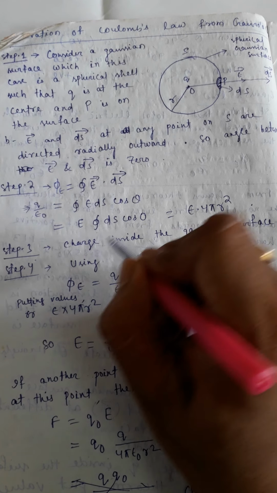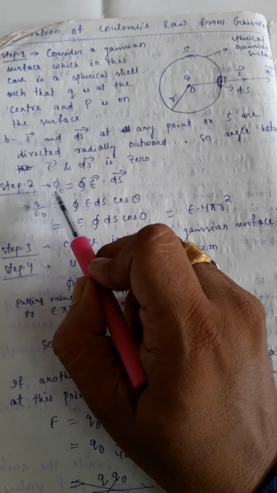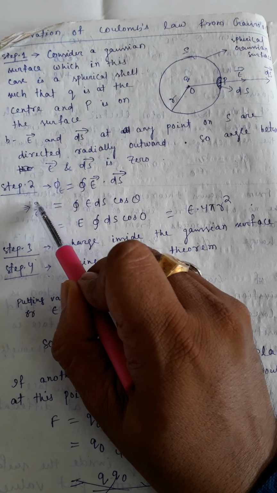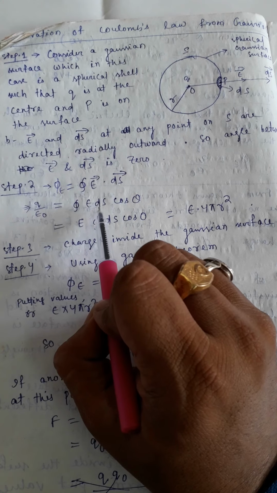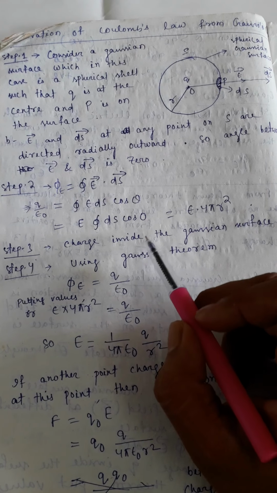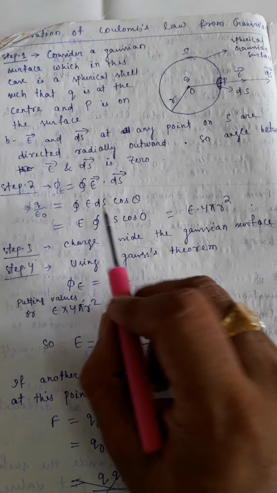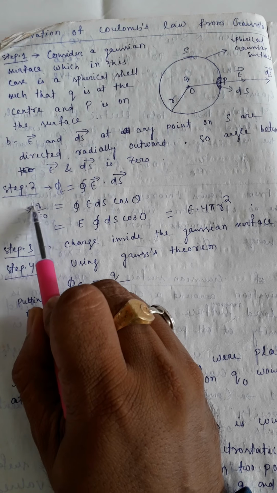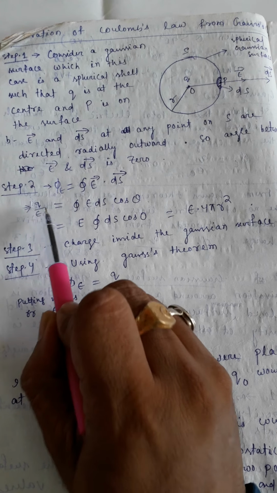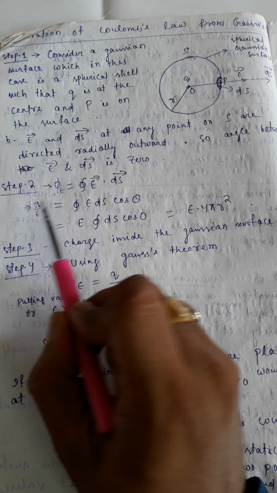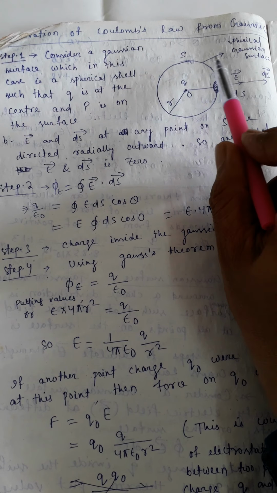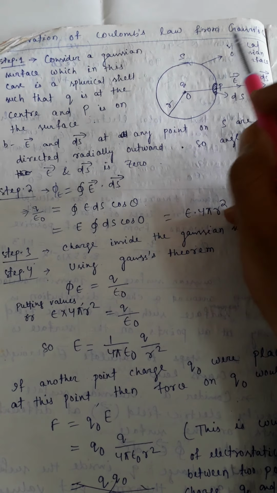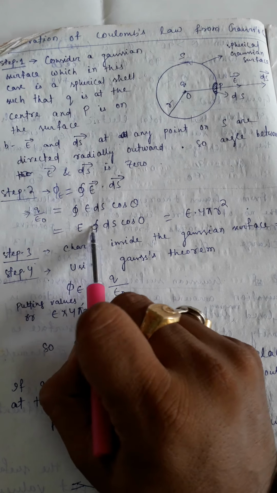If we place a charge inside a closed surface, then according to Gauss law, the electric flux produced due to this charge is q by epsilon naught, that is closed integral E ds cos theta. Here this area can be calculated by geometry, but q is different for different charge distributions. We have to imagine a Gaussian surface which must pass through the observation point where we have to calculate the electric field. Using Gauss law, we have to calculate the electric field here.